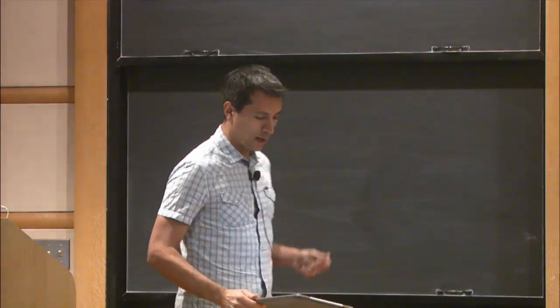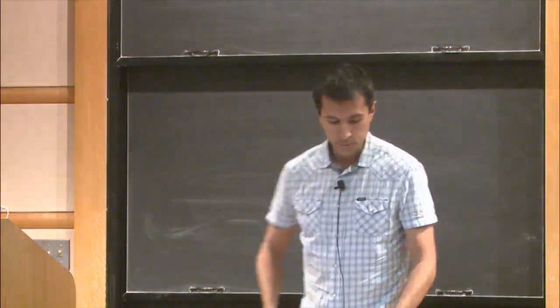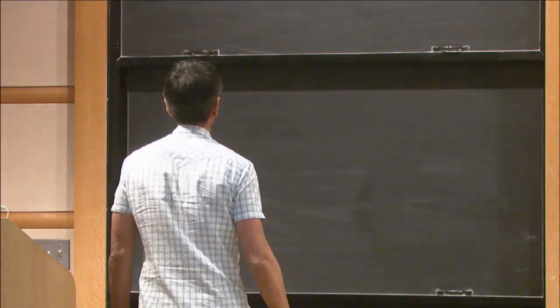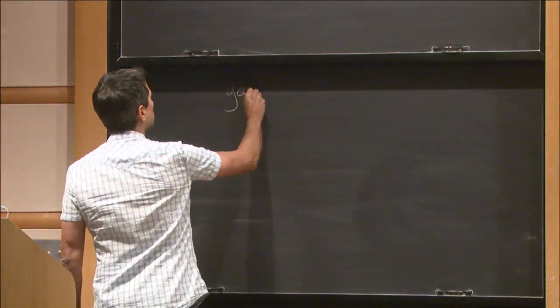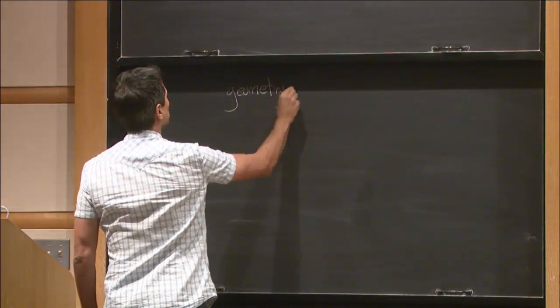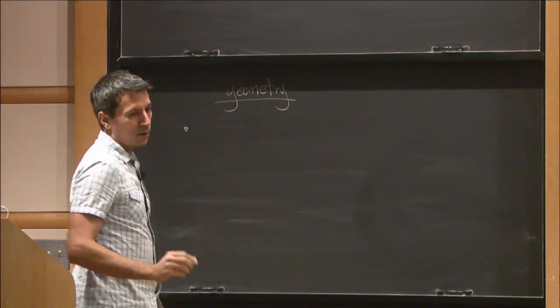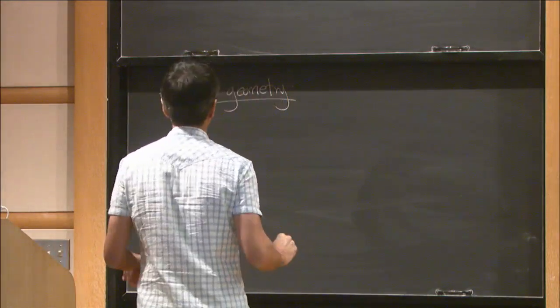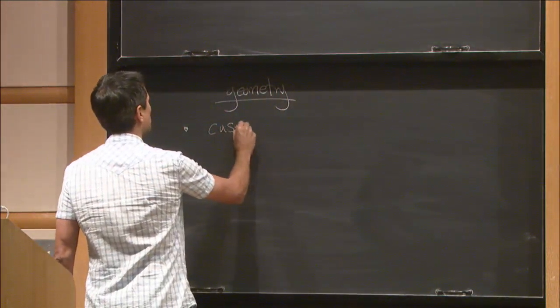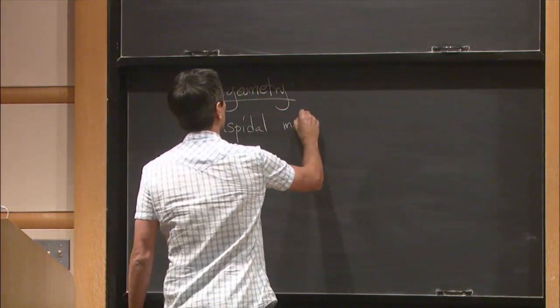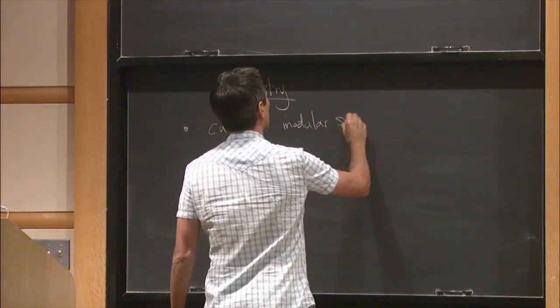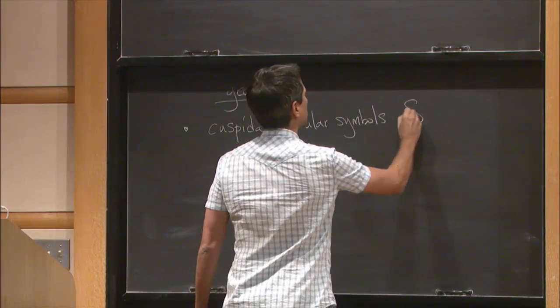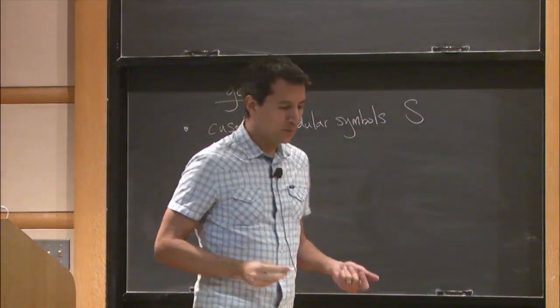So let me say a few words about what one would need, since now we've seen what all of the ingredients we need are in the case that F is Q and n is 2. So in terms of geometry, the first thing you need is a space of modular symbols. In particular, we would want cuspidal modular symbols with, say, Zp coefficients or some such thing. Let's call that S, which should be the